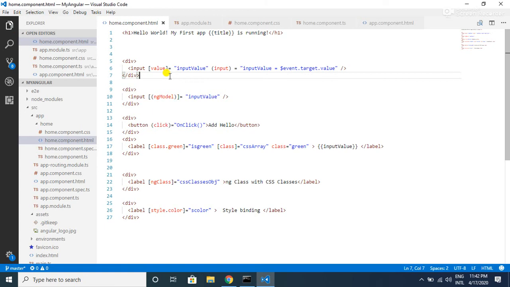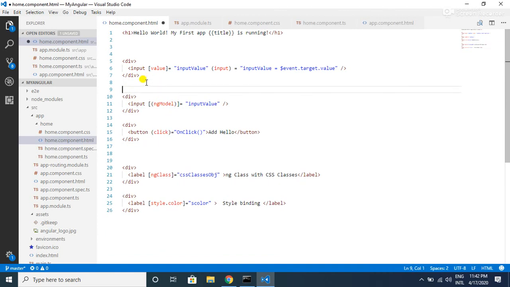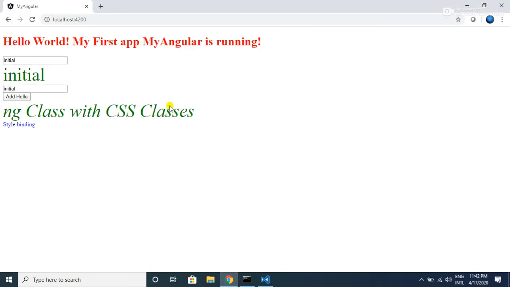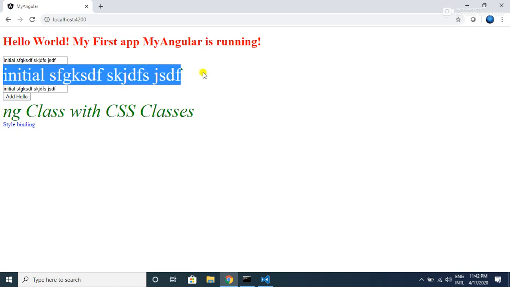Let me save this, and let me also show you the input value over here. And if I type something over here, I am seeing this variable updated, the label is updated.